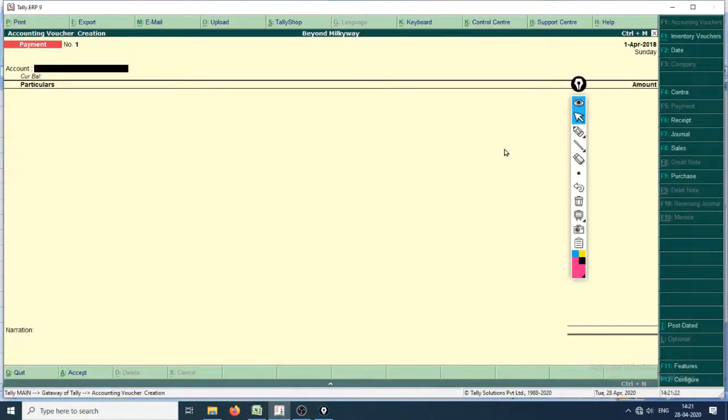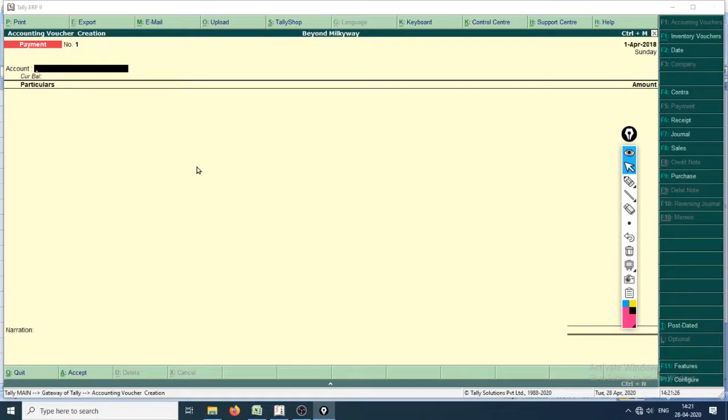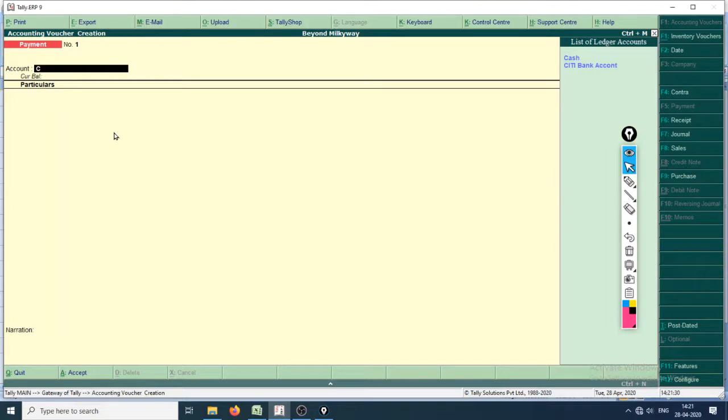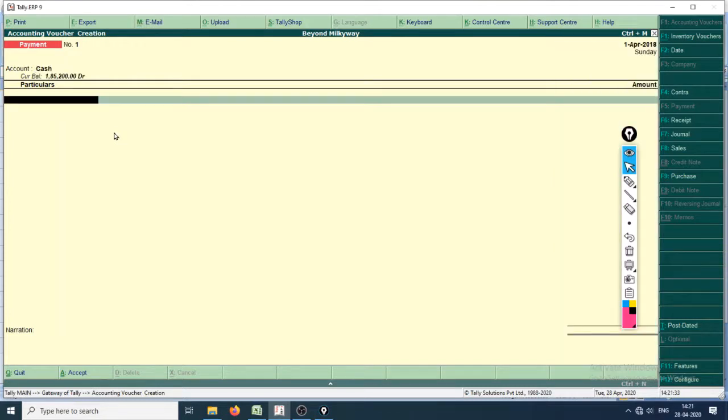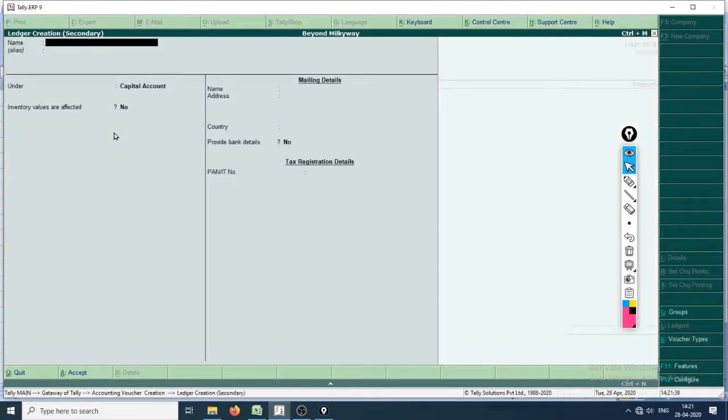So the Tally account that should be debited is cash. No, that is a payment, right? Hence cash. It should be credited, and debited into which account? Alt C to create a ledger, right? Alt plus C to create ledger.